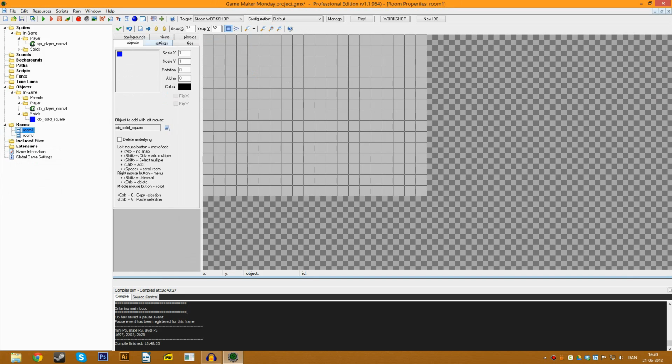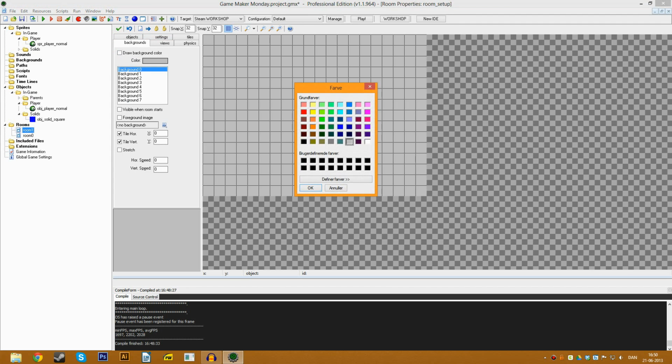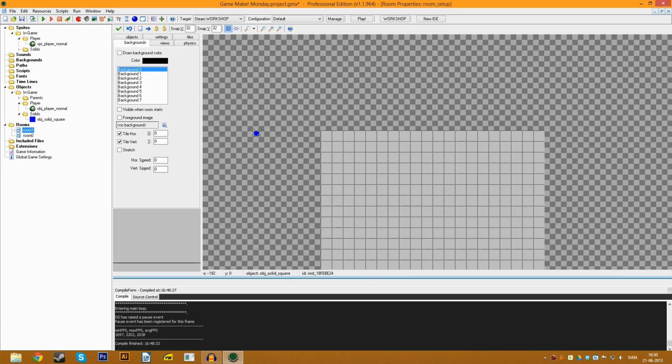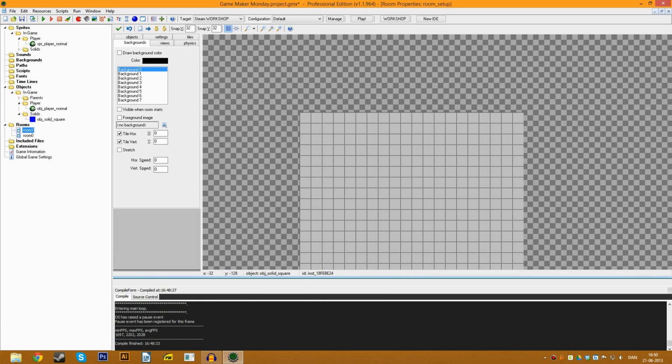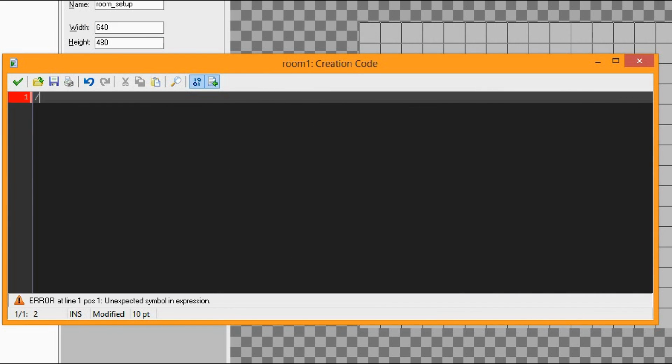I often do this, and we will make it room setup, and the background color, and oops, then we will make the startup code here, and here we'll add some controls,